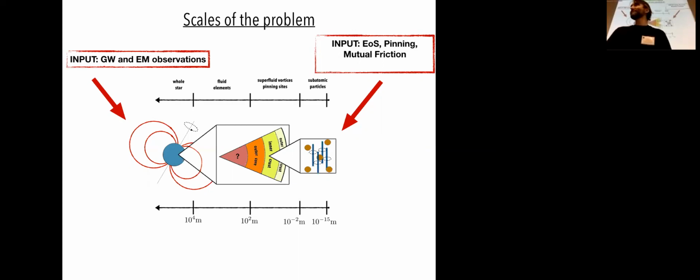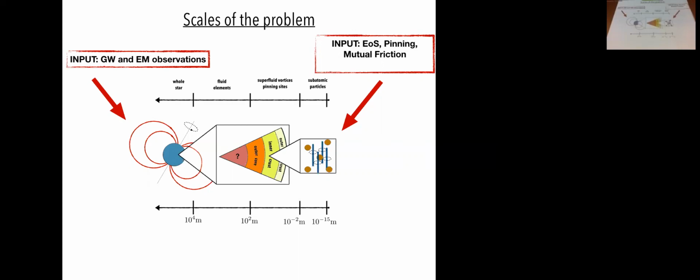What distinguishes in your graph the inner crust from the outer core? You have this dash. Okay, so here you have a crust. It's basically a standard kind of crystal like you would expect on Earth. Then when you get into here, the neutrons begin to drip out of the nuclei, so it becomes favorable to have a gas of neutrons, which then can be superfluid. And when you get to the core, then you just have a fluid, so you don't have a crust anymore. At this point, this is basically a fluid of neutrons, protons, and electrons. And then this question mark is for higher densities.